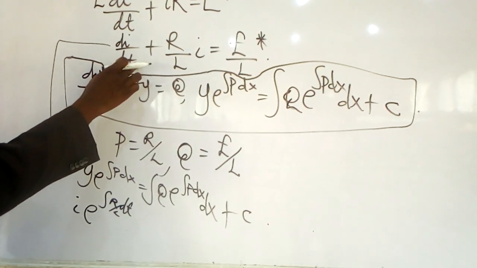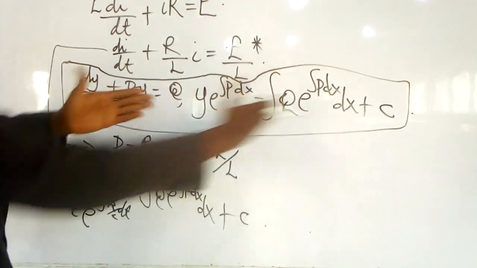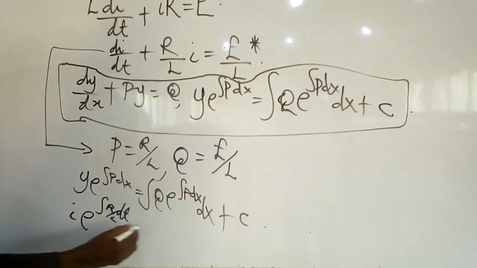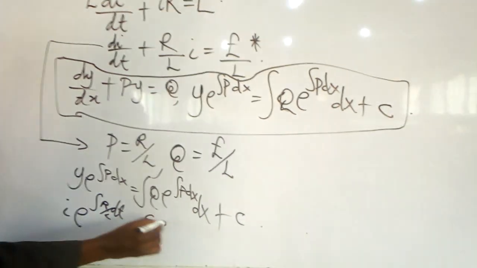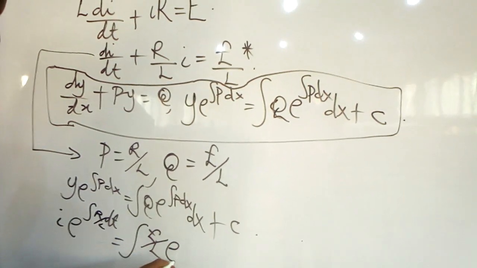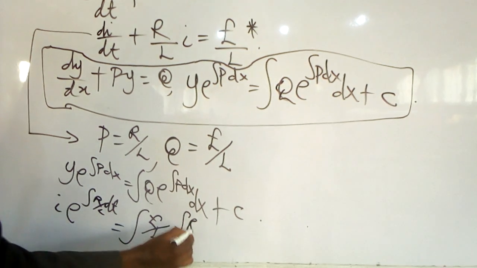This is a transformation into the linear first order differential equation format and the solution format. So this is the replica of the translation, and this gives us integral of q. q is going to give us electromotive force over inductance. Now, exponential integral p, p is r over l